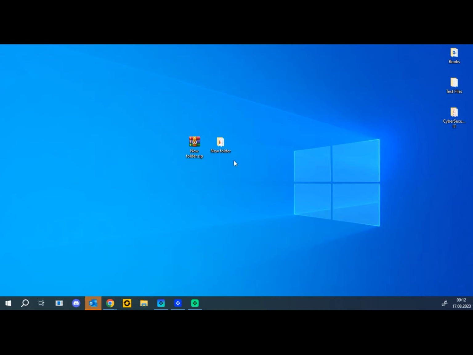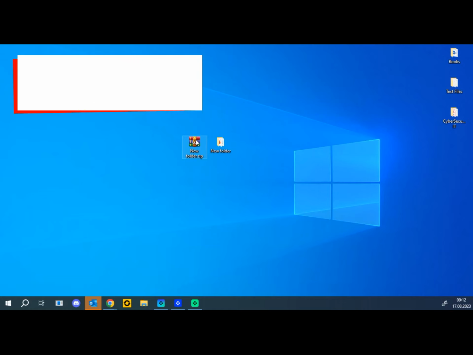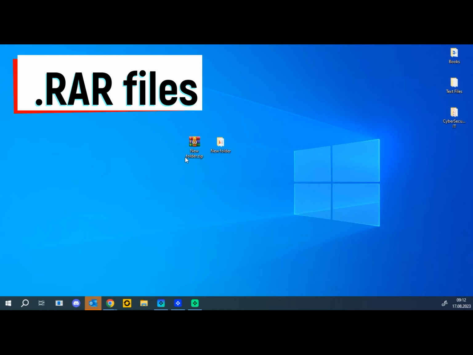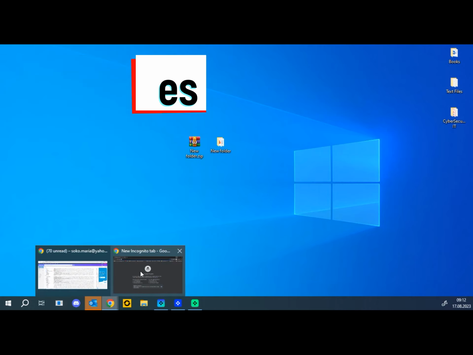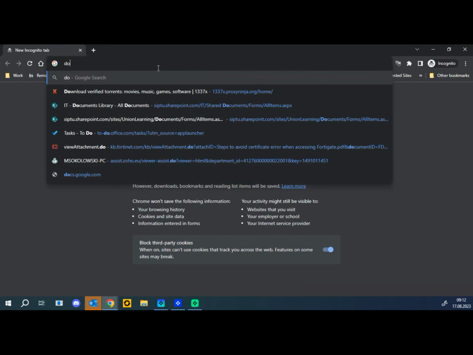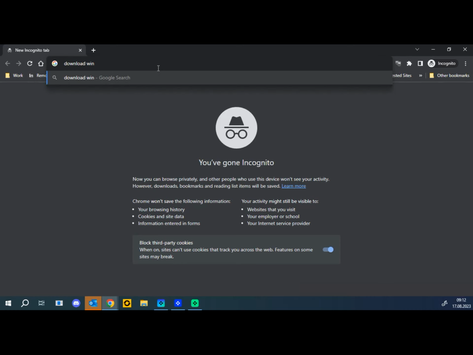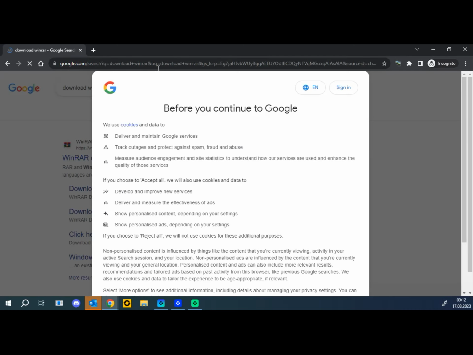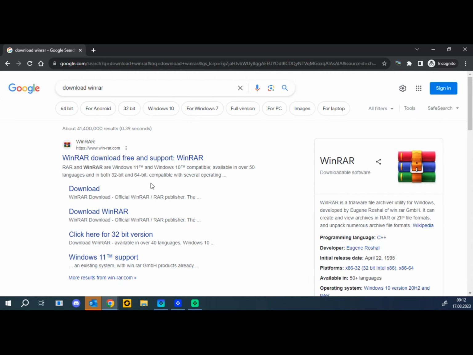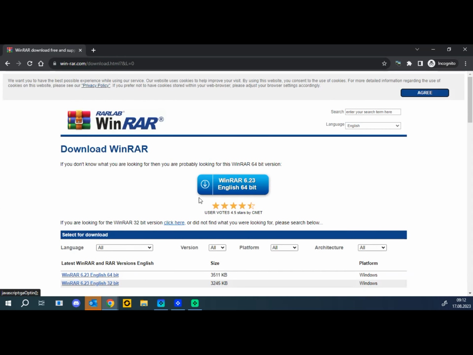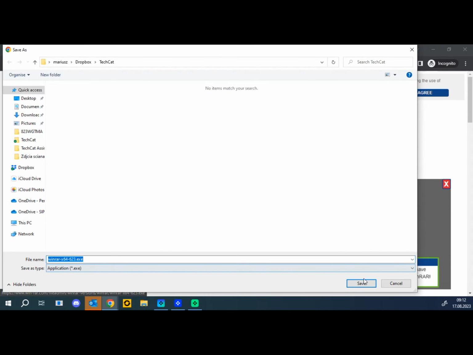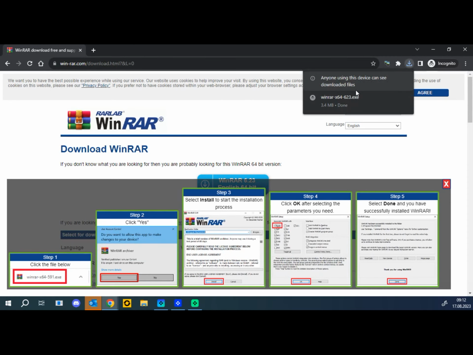Okay, now as you can see, I have this icon that actually comes from the software WinRAR. I have that installed on my computer already. I'm going to show you how you can get it, okay? Okay, so accept all. So you can download WinRAR from here. If you click on that, it will download for you, asking you where to save it. I'm not going to install it, but